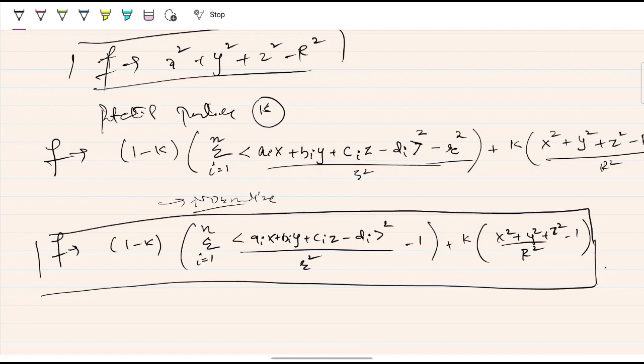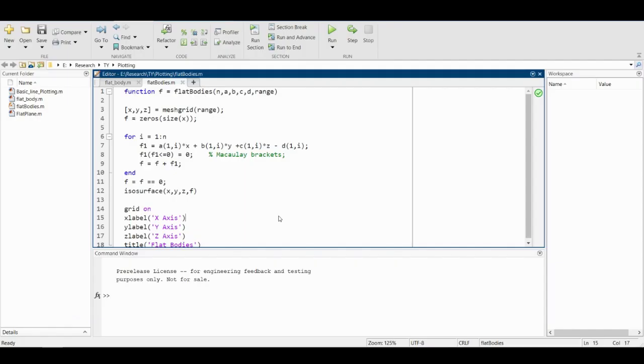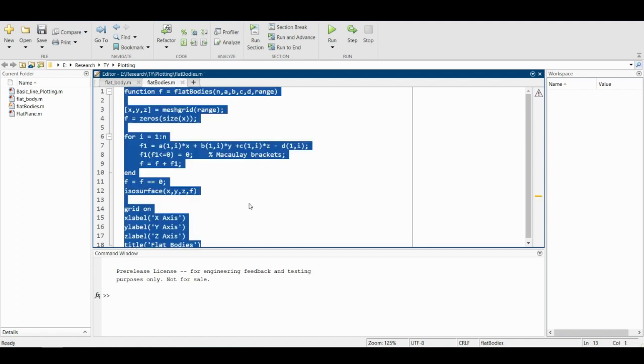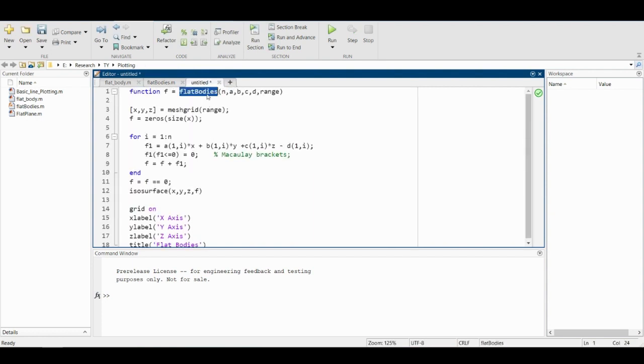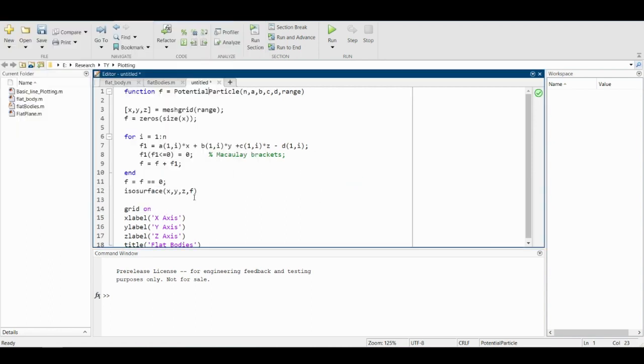Okay, let's code it now. This is the same code we developed in the flat bodies video. We'll be continuing from this code. Let's copy this code, paste it, and name it differently, potential particle, and first save it. Okay, now we need to change this, and this is going to be the same. Here, before this, we have to write 1 minus k